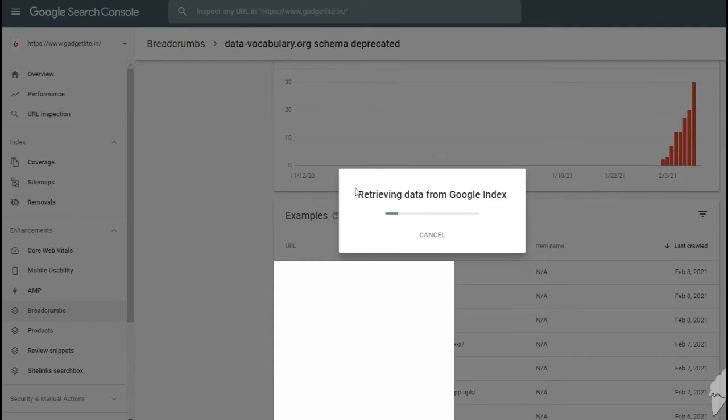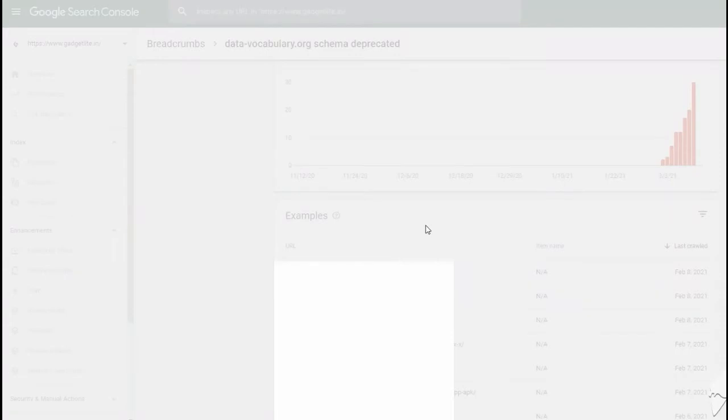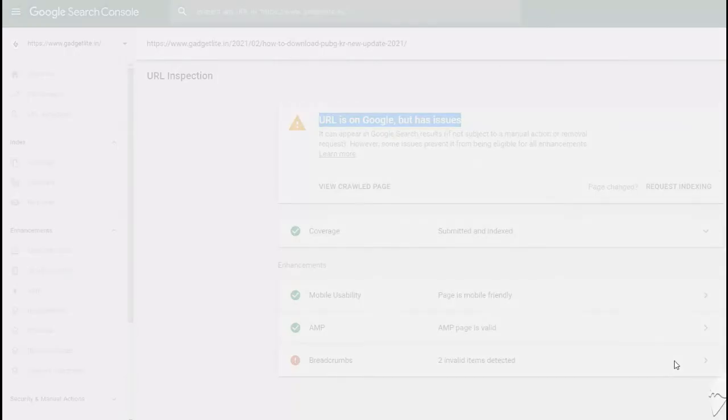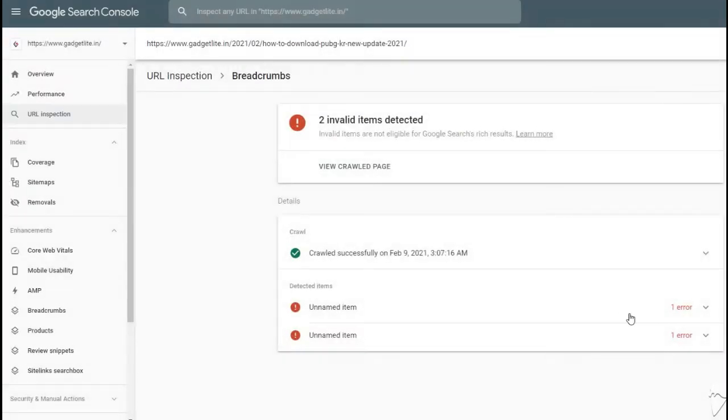Now you can see Google is indexing this, and yes, the URL is on Google but has an issue. This is the problem, and you can see down here breadcrumbs is giving two unknown errors. These are the errors which we are going to solve in this video.